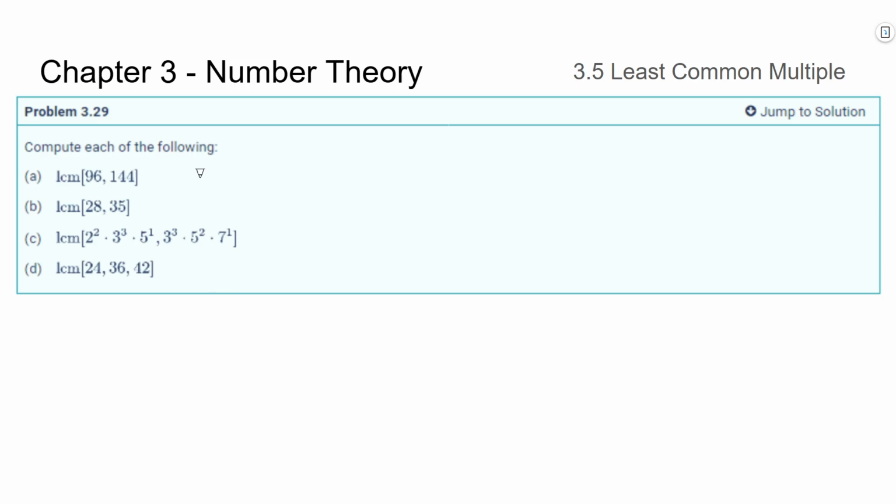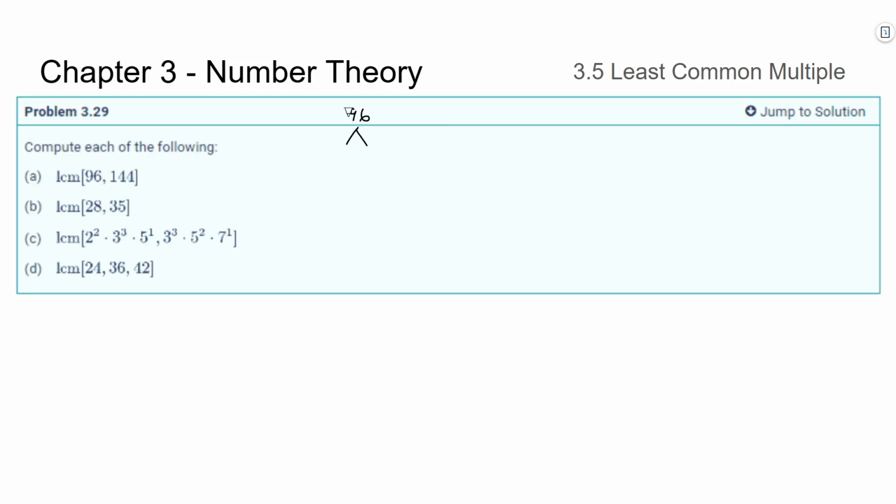Okay, we'll use that same strategy to compute these least common multiples. If you want to give these a shot on your own, you should have enough information now to be able to do these, but I'll go ahead and go through these. So if we do the prime factorization for 96,